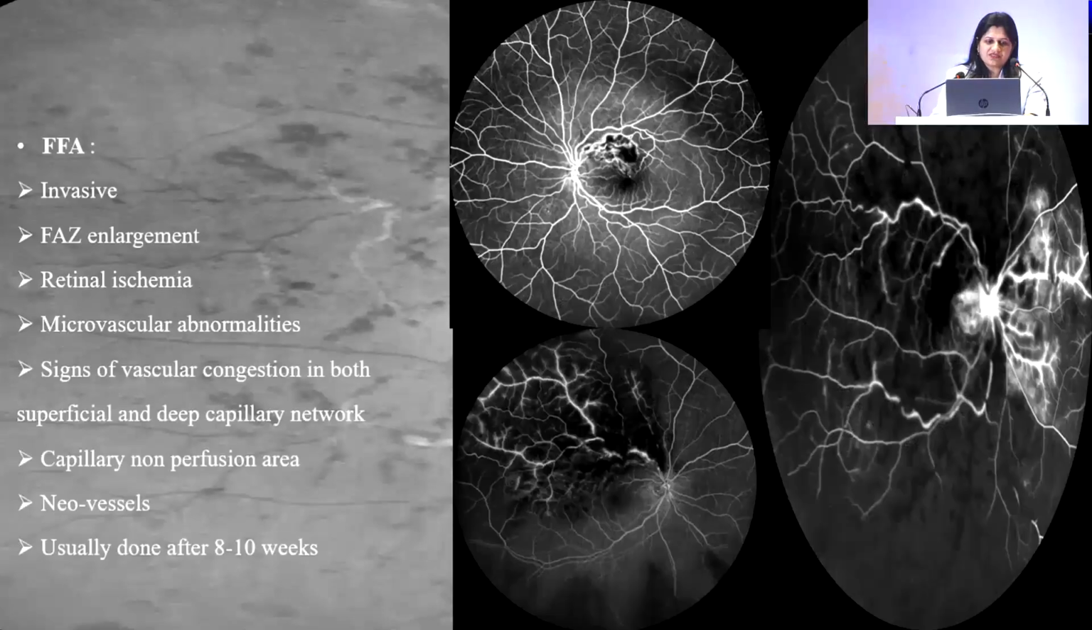FFA is an invasive modality which is usually not done on the first visit of the patient. It is only done if we are suspecting retinal ischemia which is not correlating, if there are signs of vascular congestion in both the superficial and the deep capillary network. Also, if you are suspecting neovessels, and it is usually done after 8 to 10 weeks if the patient is not